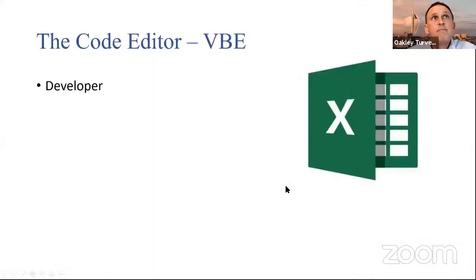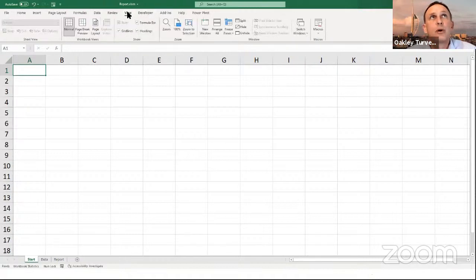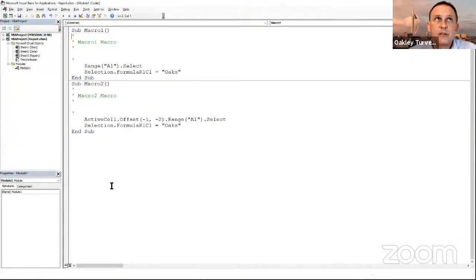Another way we can get there is from the View tab. Now, this is slightly more complex because this one only works if you have actually got macros that you've recorded. So if you haven't got any macros in the workbook you're looking at, this way is not going to work. So if we go to View, go to Macros, we can now go to View Macros. And now with whichever one of these I like, I could say Edit, and that will open the Visual Basic editor to look at the code.